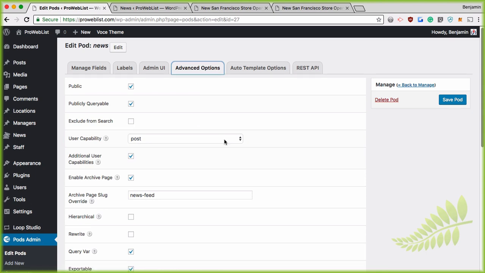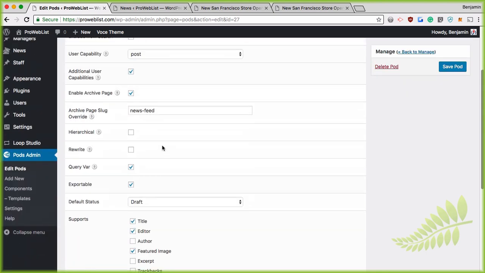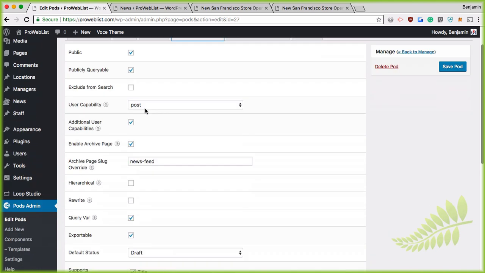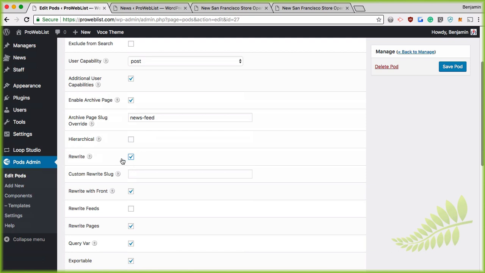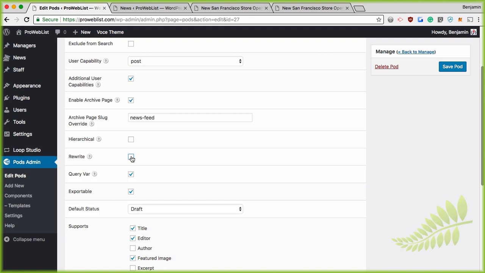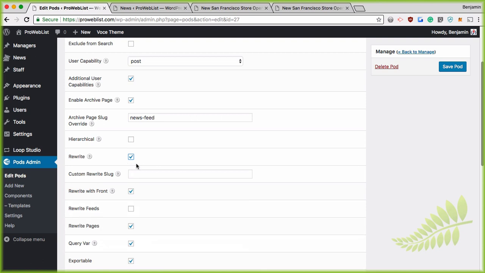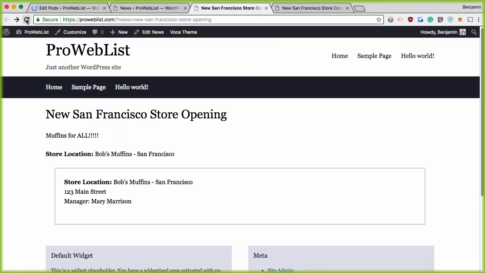So let's go back to our advanced options and rewrite. So that's what happened. We had unchecked the rewrite, which meant WordPress didn't know what to do with the permalink, because we were saying we're going to treat this as if there is no permalink. Go back to the original way of putting question marks and parameters in the URL to define what location we're in. So we need to check the rewrite, save the pod, and now I believe if we hit this, we're